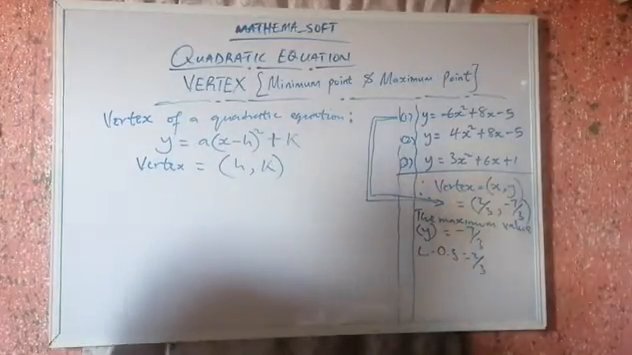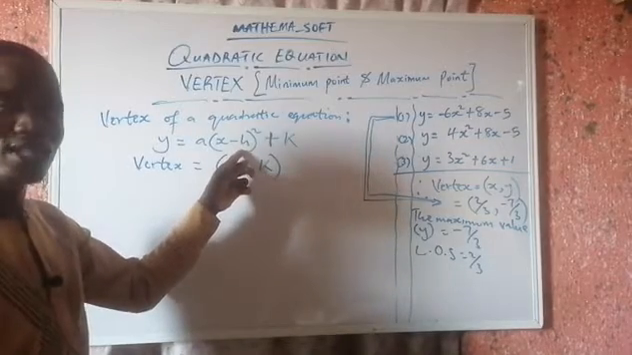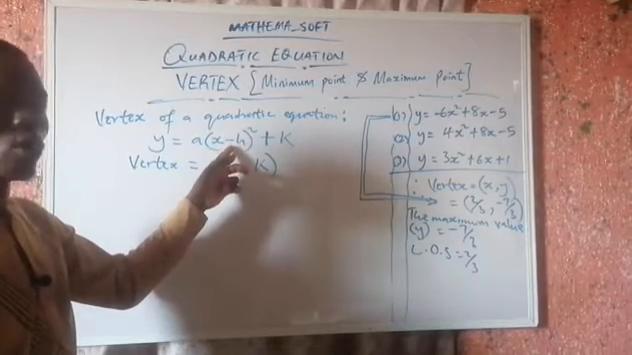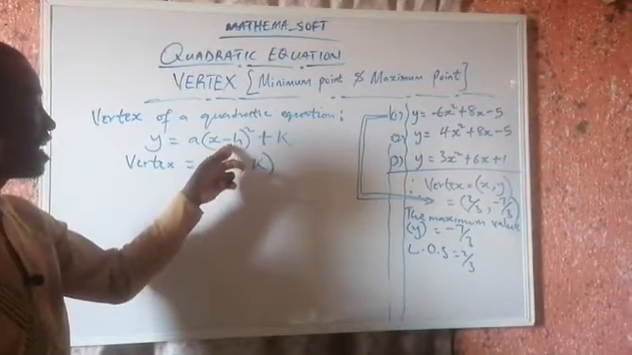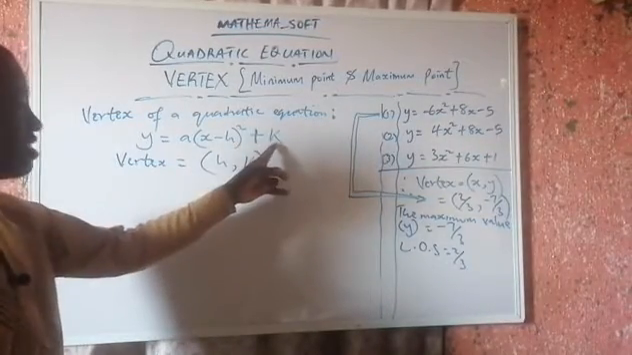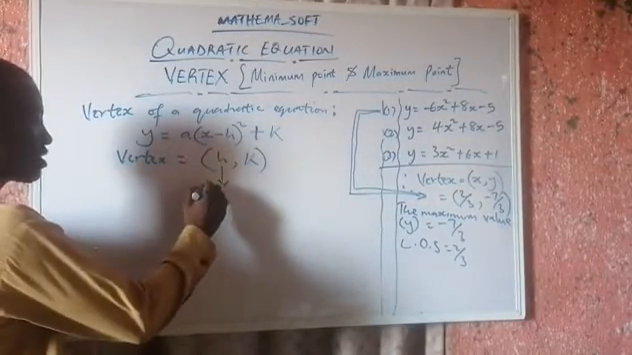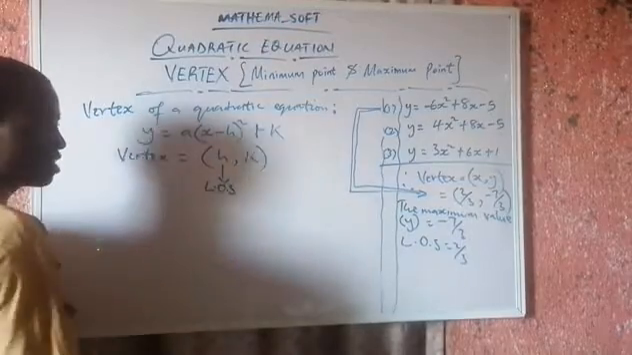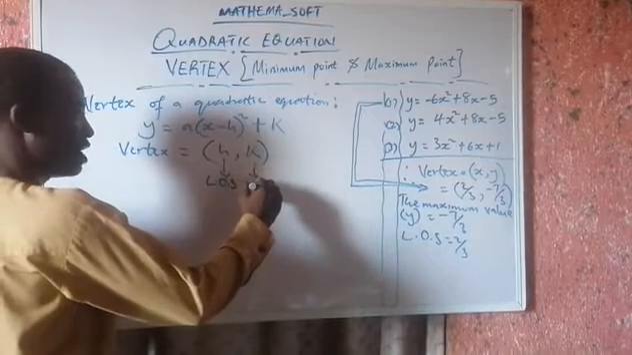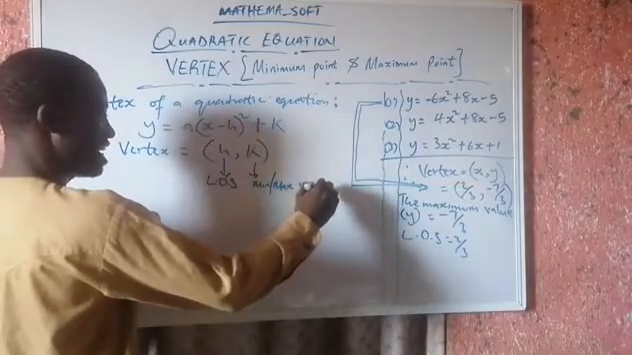Take note: if your h is negative in the bracket, the value that you will take as the vertex will be positive. And if your h is positive in the bracket, the value that you will take will be negative. And k enters directly. So we can say that this h is otherwise known as our line of symmetry, as we have made reference to. And this k will be either your minimum or your maximum value, as the case may be,